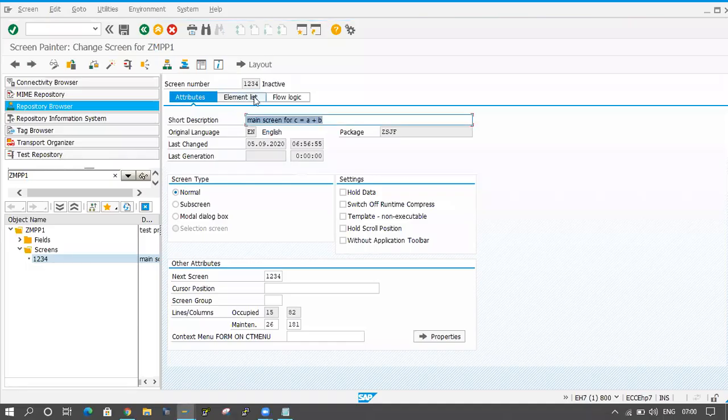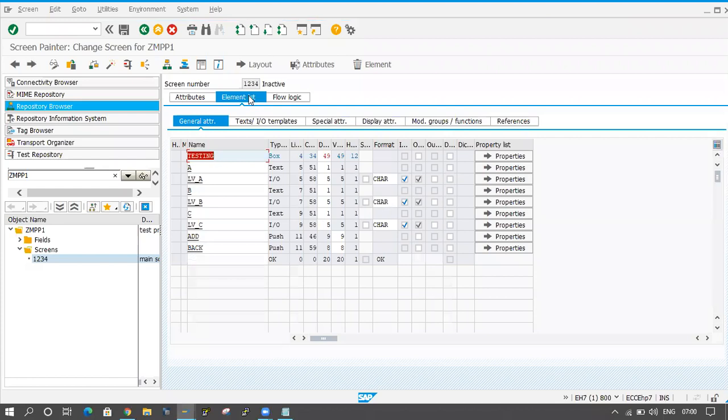Here we can see some more tabs also, element list and flow logic. Click on the element list. Whatever you have designed in our screen will come here. For example, you are giving a box with the name testing, and the type is box.